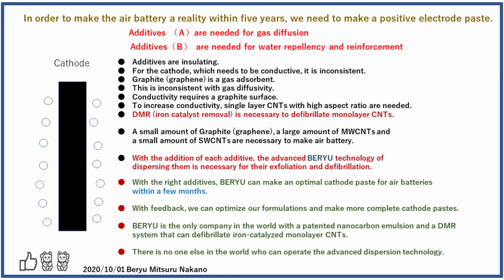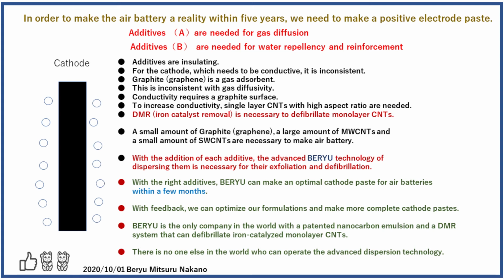To increase conductivity, single-layer CNTs with high aspect ratio are needed. DMR, iron catalyst removal, is necessary to defibrillate monolayer CNTs. A small amount of graphite, graphene, a large amount of MWCNTs and a small amount of SWCNTs are necessary to make an air battery. With the addition of each additive, the advanced Bario technology of dispersing them is necessary for their